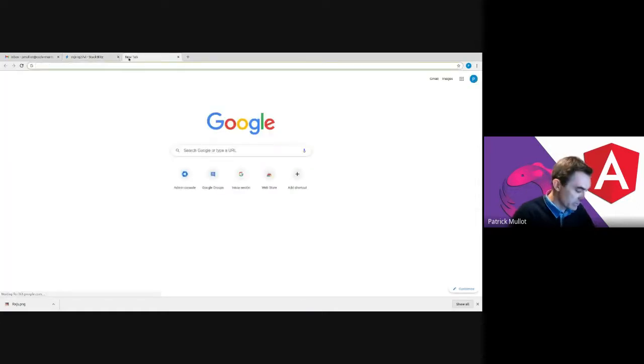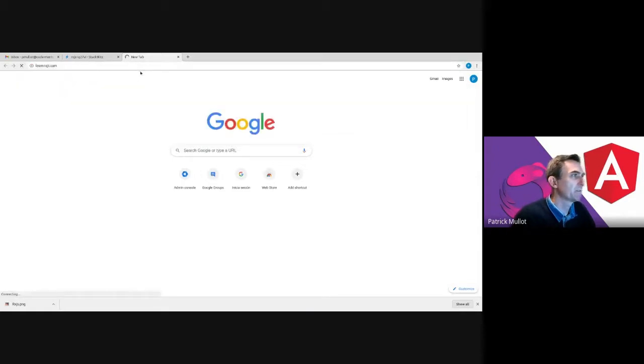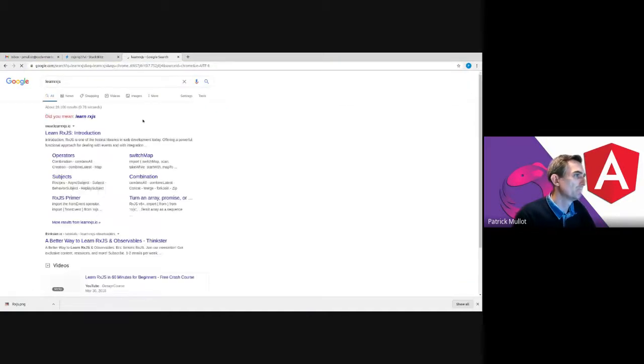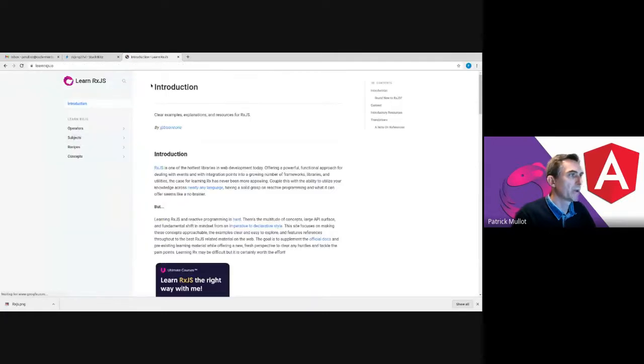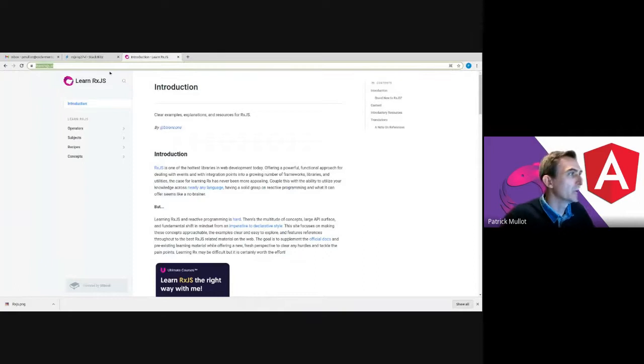So there is also learnrxjs.io. Let me check if it's correct before showing you. Oh, it's .io. Okay. So you still see the StackBlitz window? No, we see the RxJS page. Okay, cool. So this site,